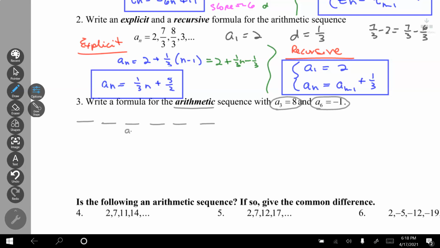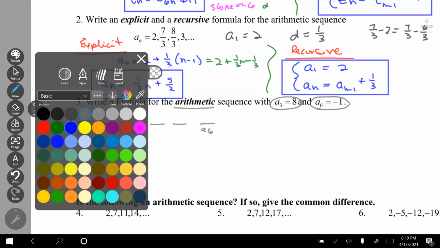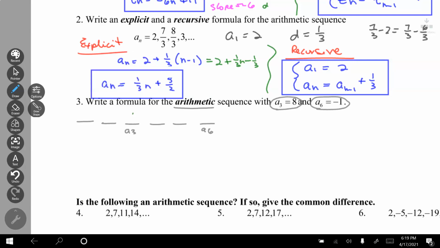Here is the third term. Here is the sixth term. And those values I know. The third term is 8. The sixth term is -1. I don't know the first term, but I do know that between terms I'm going to add D, add D, add D. And I can write the equation